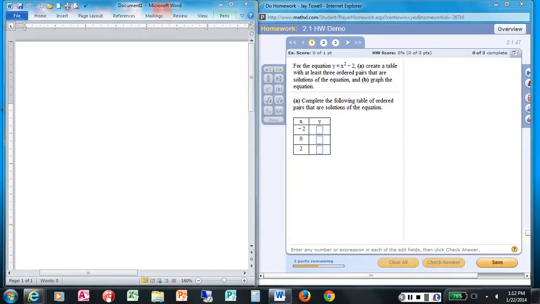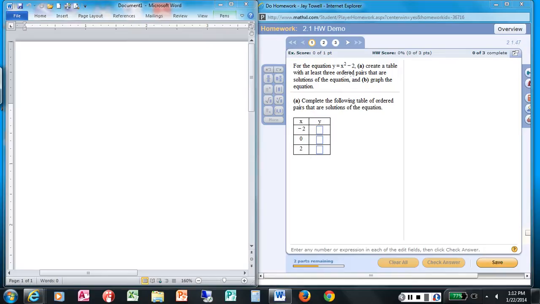Okay, I wanted to do a couple of demos of the 2.1 homework graphing part of the assignment. A couple of little things on that I thought I should point out, demonstrate how to do those. And so I've got three here lined up. The first one, of course, as you can see there, is